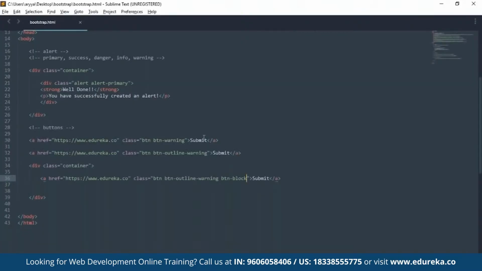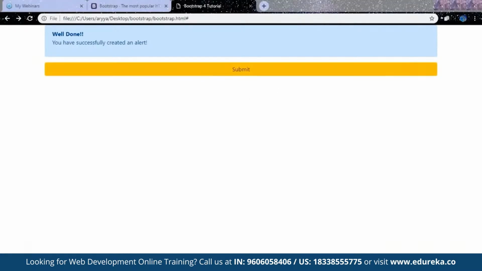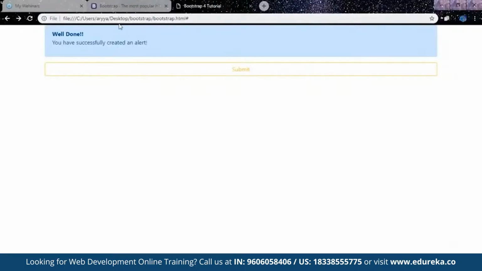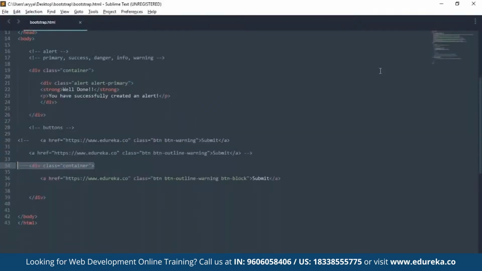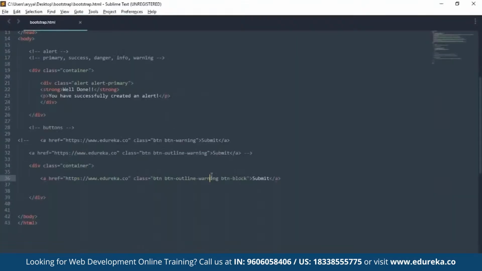Now let me remove these two buttons so it looks a little neater. Yeah, now we have this block level button out here. If we actually then containerize this, it'll go across the screen and look pretty bad. So yeah, that's what a block level button looks like, but it looks much better with a container. So you can have this in all sorts of colors. You can make this a warning, I guess. It's already a warning. You can make a danger,